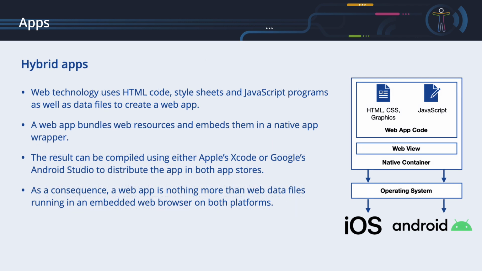Hybrid apps. Web technology uses HTML code, style sheets, and JavaScript programs, as well as data files such as images, to create a web app. A web app bundles web resources and embeds them in a native app wrapper. The result can be compiled using either Apple's Xcode or Google's Android Studio to distribute the app in both app stores. As a consequence, a web app is nothing more than web data files running in an embedded web browser